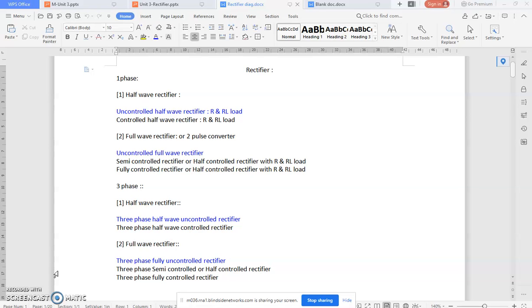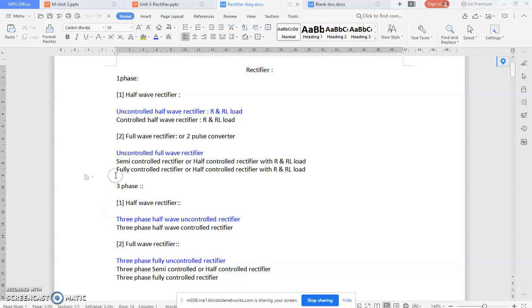See, for example, a mobile phone charger. My mobile phone is DC. The battery is DC. So for that charging purpose you can use a rectifier. In DC motor applications, a rectifier is needed. Another is industrial applications, where a rectifier is needed. The next one is the types of rectifier.